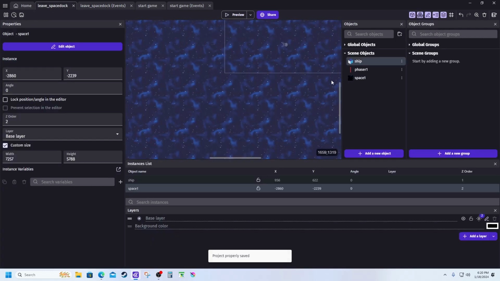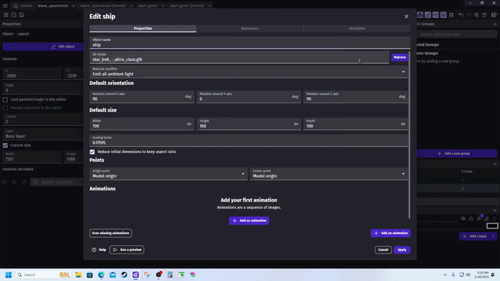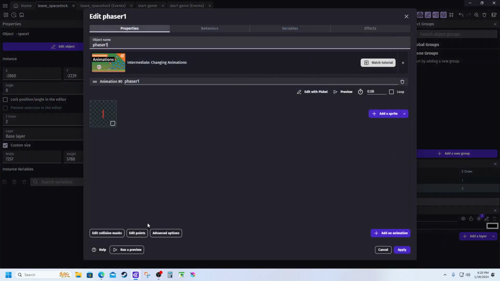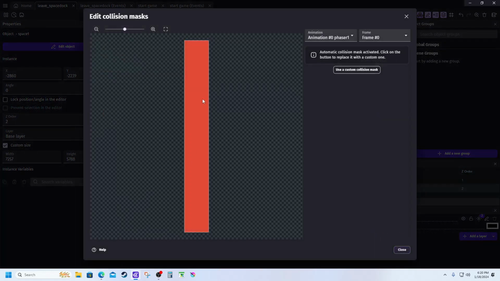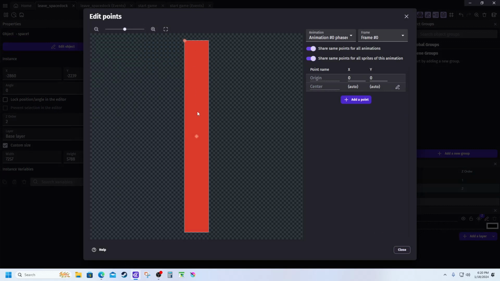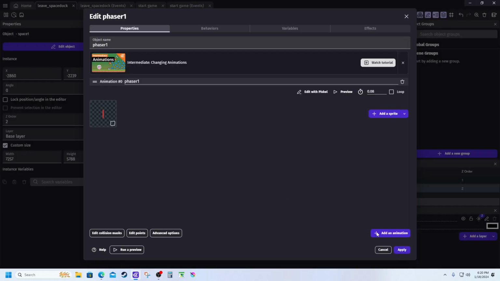going to save that where I'm at. I'm going to go ship. I don't have a bounding box or an origin point here because it's a 3D object. So phaser 1, I'm going to go here to collision masks. Collision mask is there. Okay, close. I want to go to origins. So edit my points. So the center point is there. Origin point though, I want the origin point to be here. Actually, I'm gonna, yeah, close,